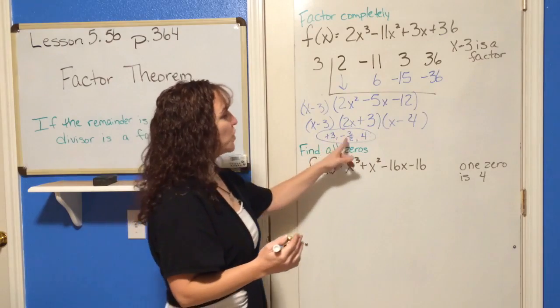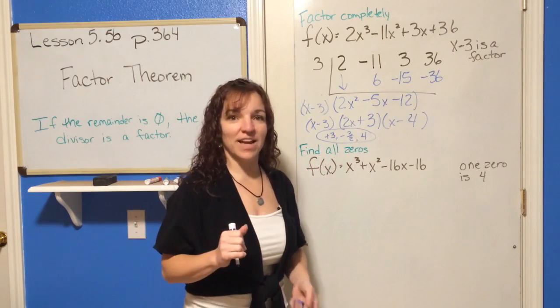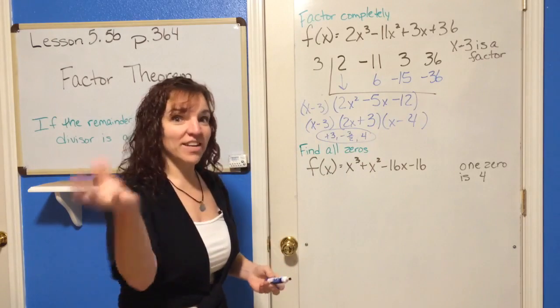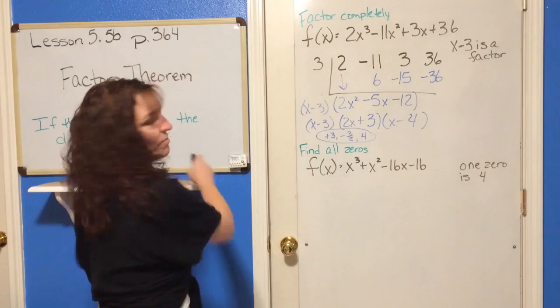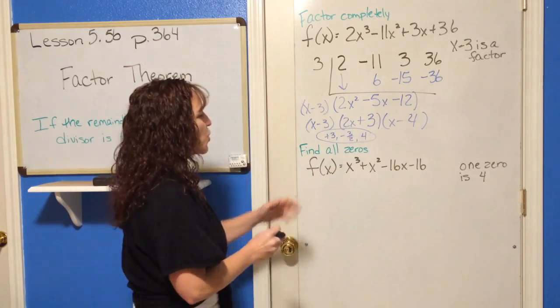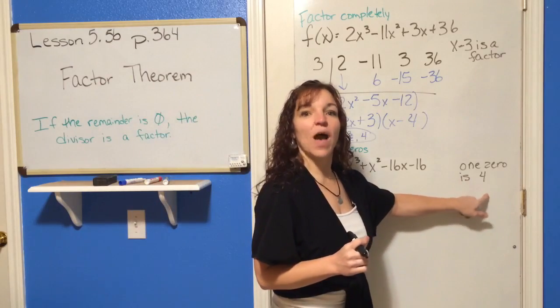And when you do that, you have found every place where that graph crosses the x-axis. So if you think you know what you're doing, pause it and divide it out and then come back. And if you don't this time, it's okay to watch me. Here we go. So to find the zeros, if we know one of them already, let's divide that one out